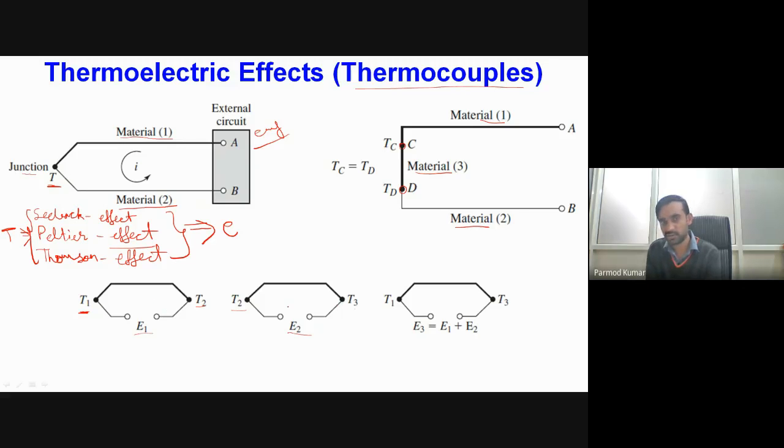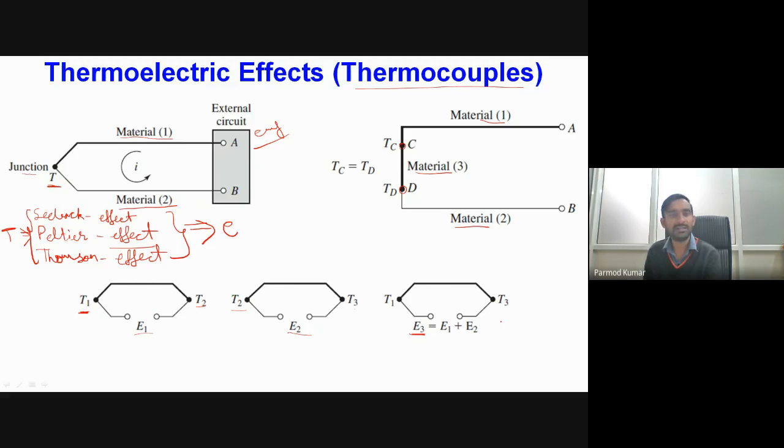Okay, so now we are actually avoiding this intermediate temperature and directly maintaining the temperatures T1 and T3 at our extreme junction points. Corresponding to that, let us consider that we are getting the output voltage as E3. What will be happening? This output voltage E3 will be equal to